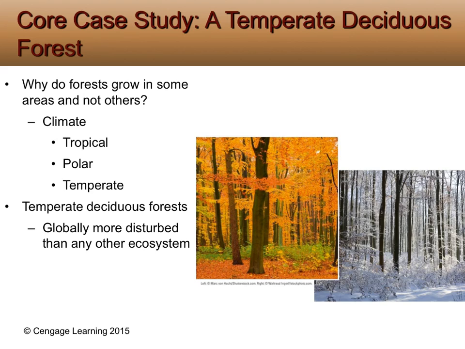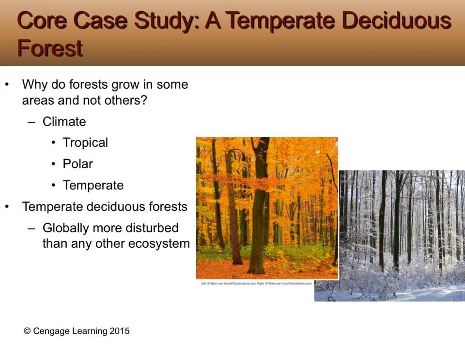So why do forests grow in some areas and not others? Kind of a little focal point on the second lecture of this chapter, but climate is going to drive all of this. We've got tropical regions, of course, which are around the equatorial regions. We've got polar regions, which is the North Pole and the South Pole. And, of course, we've got temperate in between, and there's some other variables that come into play with this. But these create different things called biomes.